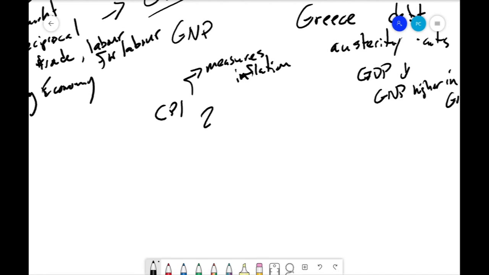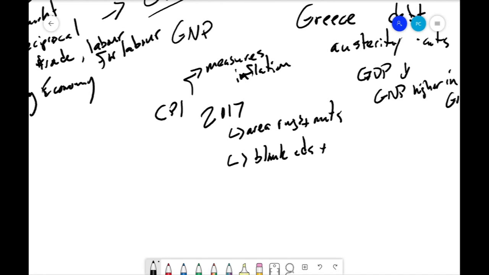So, for instance, I'm looking at the 2017 basket, and they took out things like area rugs and mats because of popularity. They took out CDs and DVDs because people just don't buy those things anymore, and portable drives. These are all things that were taken out of the basket of goods. They used to be something you'd measure because everybody was buying them, and then once it becomes clear that not enough people are buying them, they do update these baskets.